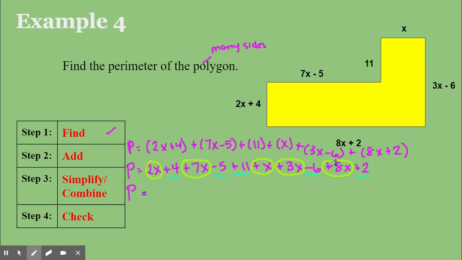And 13 plus 8 is 21. So we have 21 x's. Now we're going to add the coefficients. Positive 4 minus 5 is negative 1. Negative 1 plus 11 is 10. 10 minus 6 is 4, and 4 plus 2